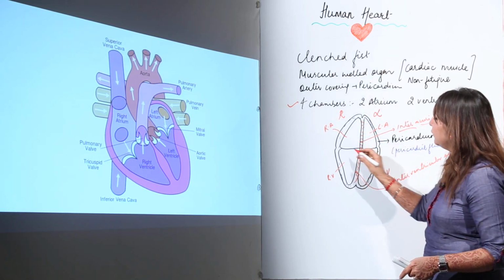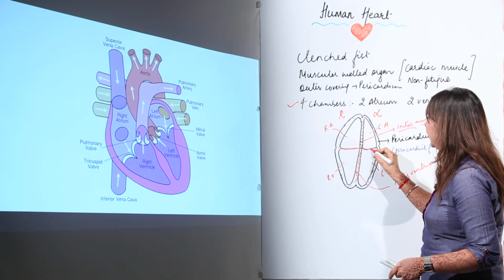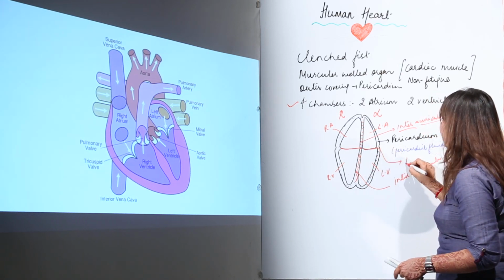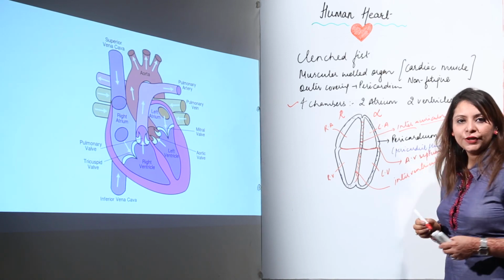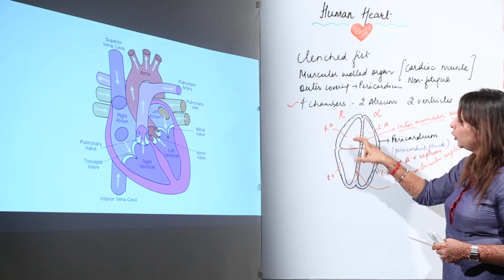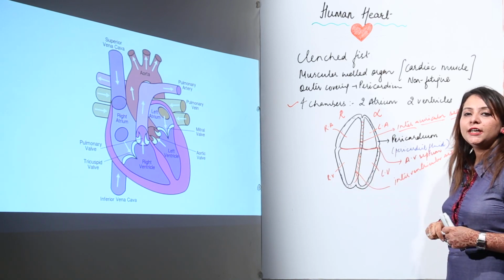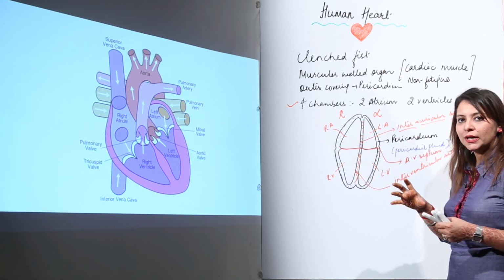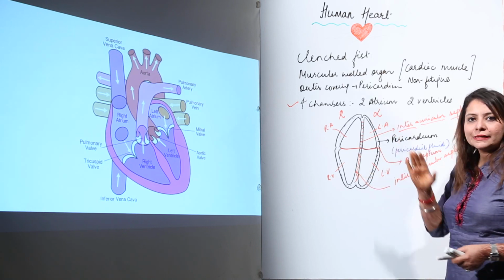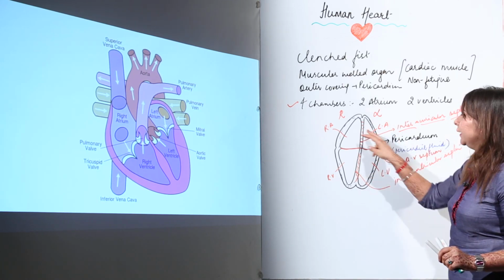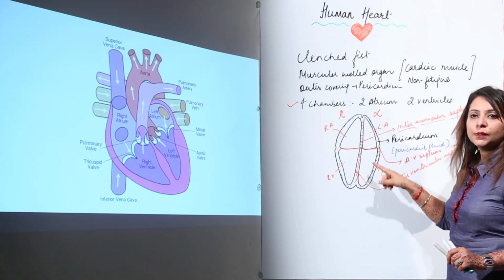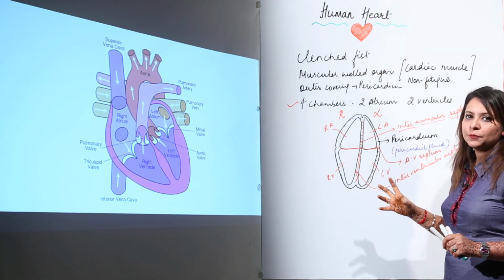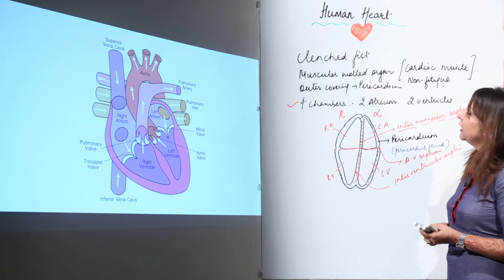And there is again a division between the auricle and the ventricle, and this is called the AV septum, that is the interauricular ventricular septum. As you can see, this is between the auricle and the ventricle. So these are the divisions. I think you got it: the 2 auricles by the interauricular septum, the 2 ventricles by the interventricular septum, and the auricles and ventricles by the AV septum, that is the auricular ventricular septum.